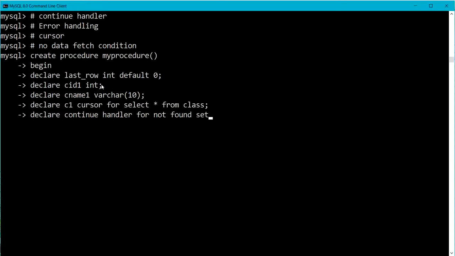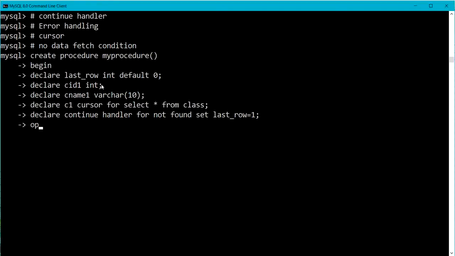Set last row to 1. So here this handler is defined to set the last row variable to 1 if the cursor returns no more rows.